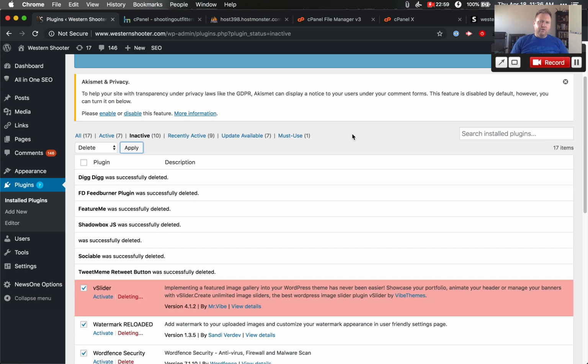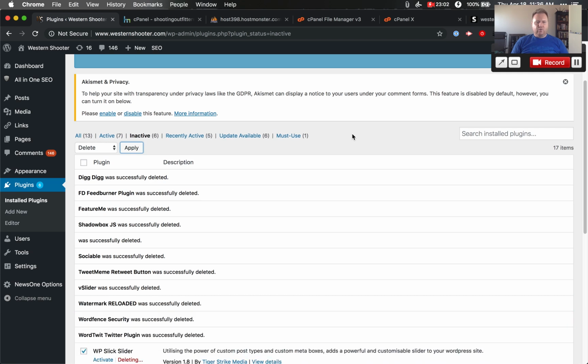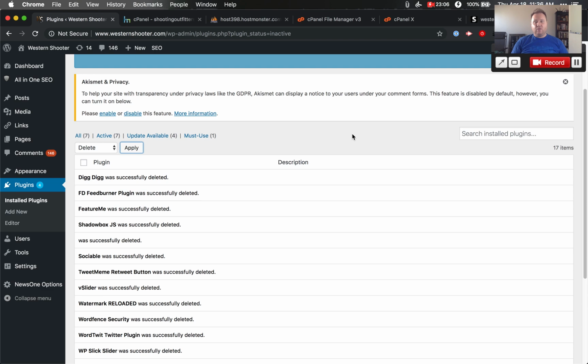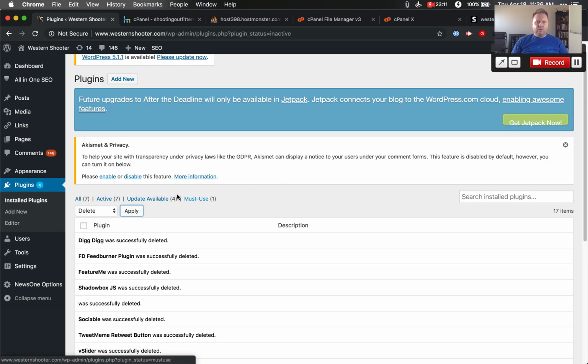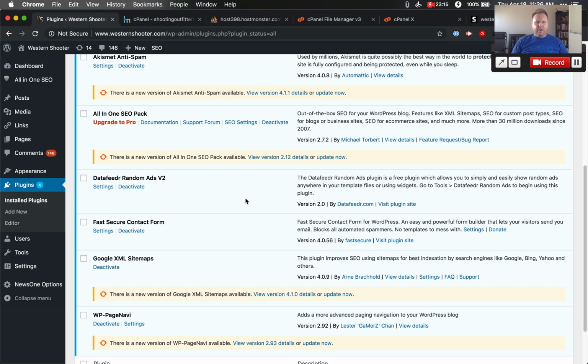Now, it may depend on the severity of your hack and where you're at. Maybe you don't want to change your theme. Maybe you want to keep a bunch of your plugins, stuff like that. You have to take that all into consideration at this phase. But I'm trying to make it as simple and as fast as possible. So now that I've done that,